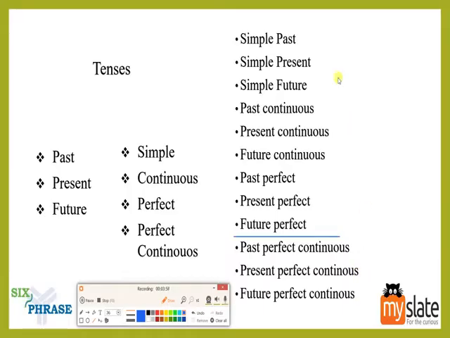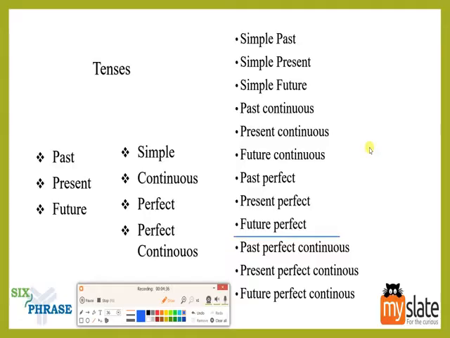So basically we have 3 base tenses, and then we have 12 minor tenses. In order to know the concept, we need to be strong in all of these 12 tenses. Without knowing these 12 tenses, we will not be able to solve. I am not saying that you need to know the terminology, like simple past, simple present, simple future. We need to know the grammar behind this. Only then will we be able to understand what kind of question that is.